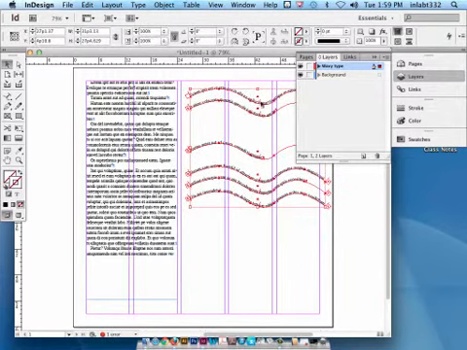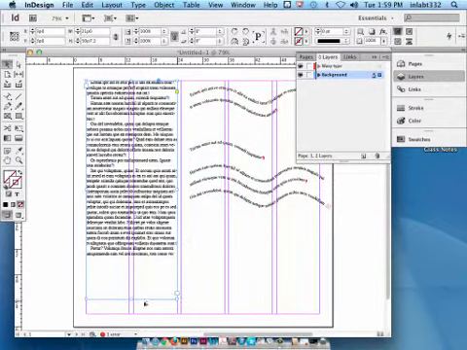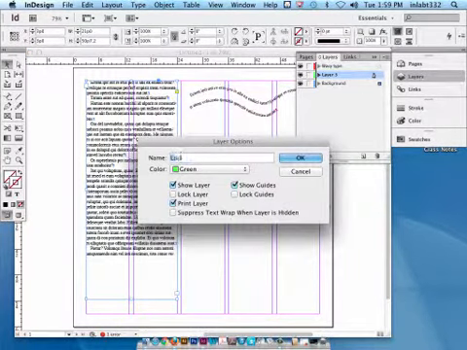Also, it changes any bounding boxes or lines to whatever color that layer is. This layer is red. You can see the little red right there. It's the color of selection marks on this layer. If I click on this guy, his bounding box is blue because he's on the blue layer, which is also the background. I might create another layer and call it body copy